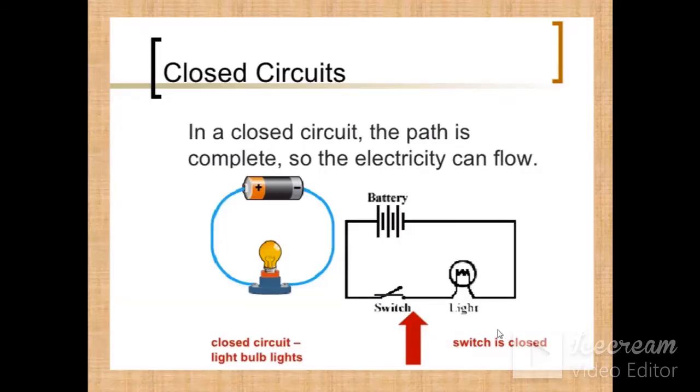So here is an example of a closed circuit. Here you can see that this terminal of the bulb is connected to a cell. This is the positive terminal, this is the negative terminal. When these two are perfectly connected to each other, the bulb starts glowing. Here is the circuit diagram. So this is the switch. You must have seen the switches in your home. The switchboard has a number of switches to switch on or switch off the appliances. So when it is in the on condition, that means it is here, then you can see the appliance is working. That means the current is easily flowing.